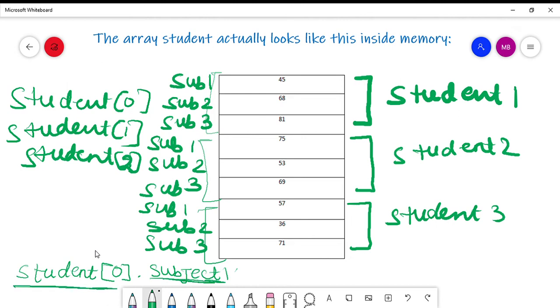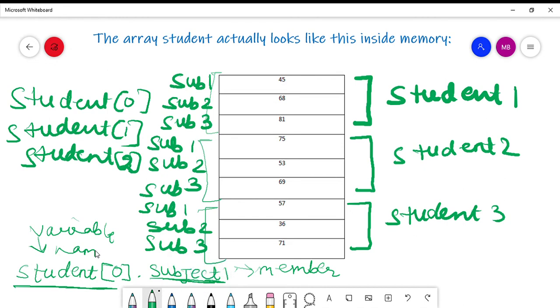So you access it in the same manner as you access for any structure. In case of structures, how do you access? The variable name, dot, the member name or the individual member. Okay, so this is how you will do it in case of arrays also for structures, that you will give the variable name.